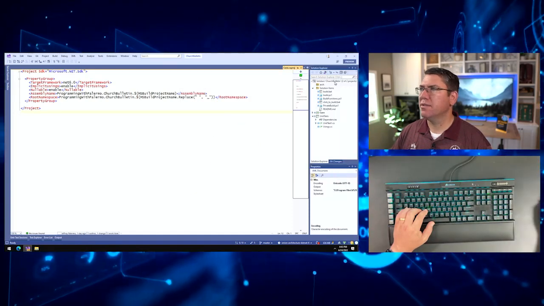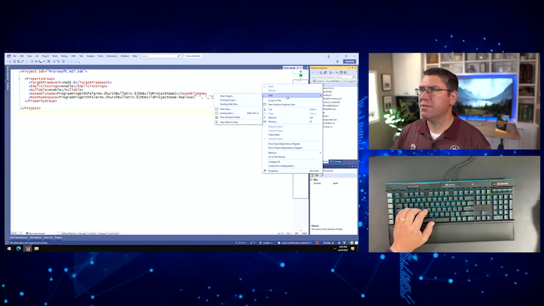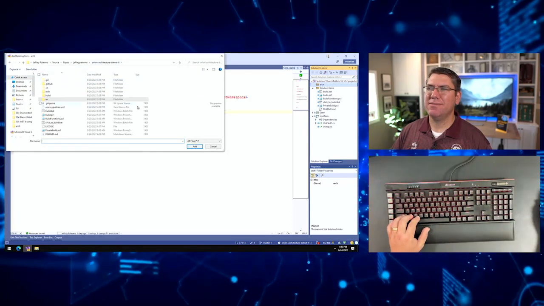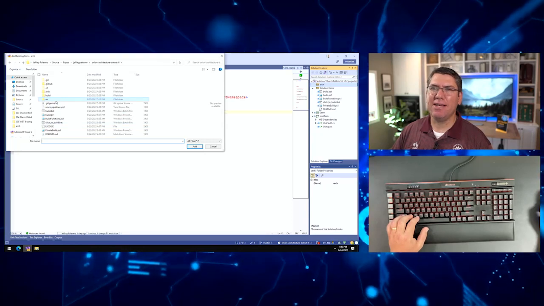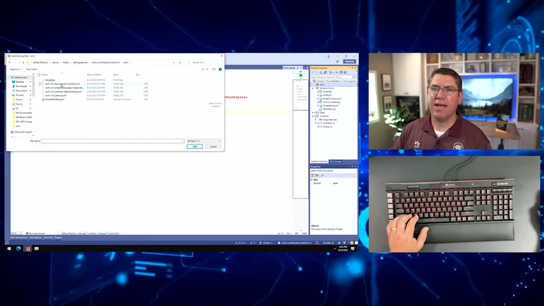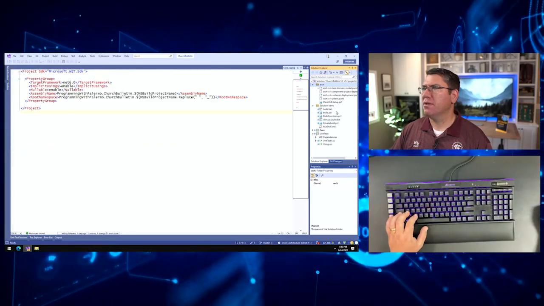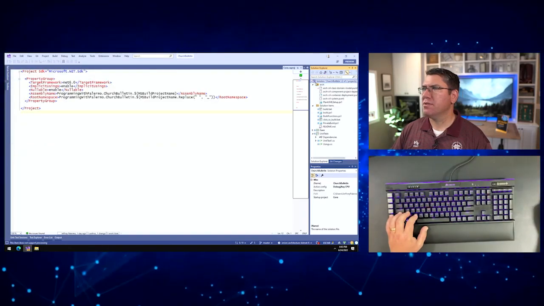Good. Okay, we're going to add existing items. All right, and some of this in Visual Studio, you know, if you're adding them all the time, it's like, oh, now I got to add them. But let's just add everything. Okay, so we got that,